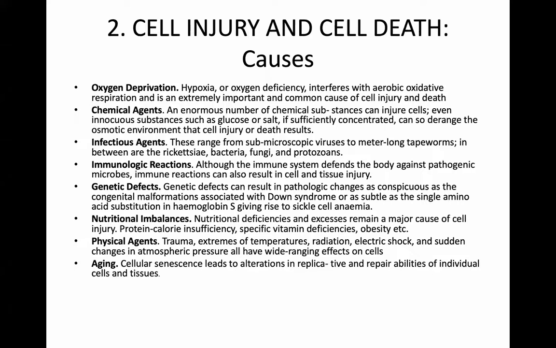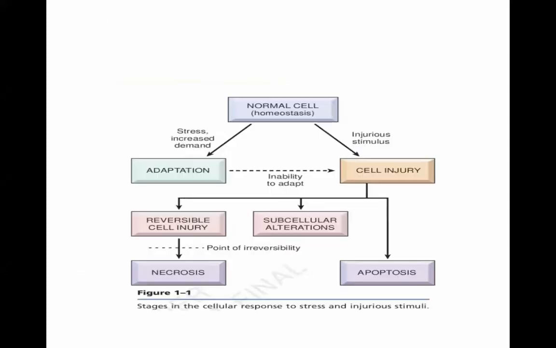Extremes of temperature, for example, if there's a fire burn, the cells first lose their moisture and then begin to denature. But if the victim is given some sort of first aid immediately, you'll preserve some cellular function and the person recovers. So there can be cell injury and cell death from any of these causes.